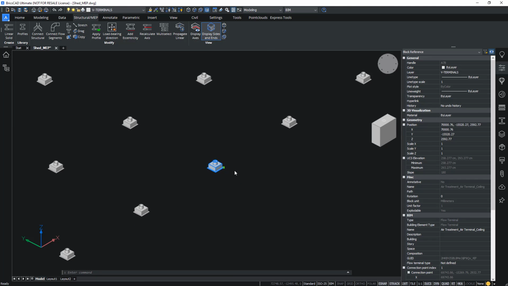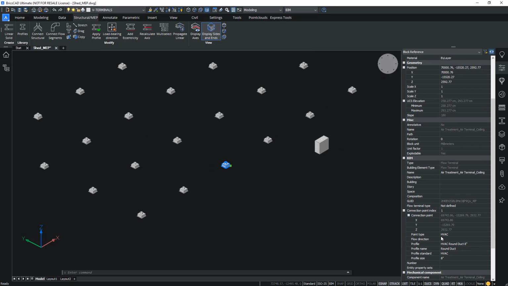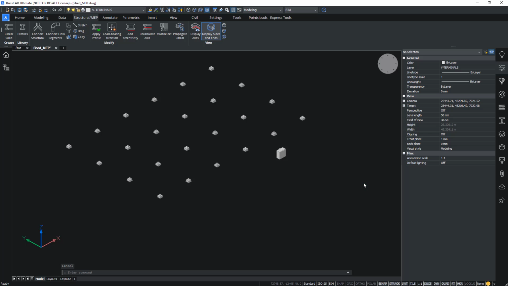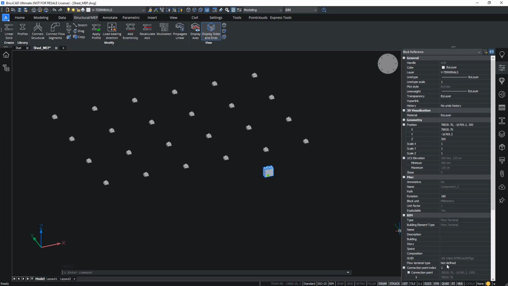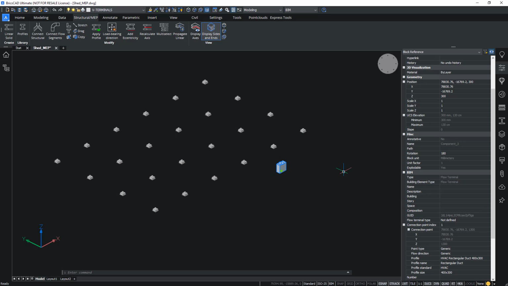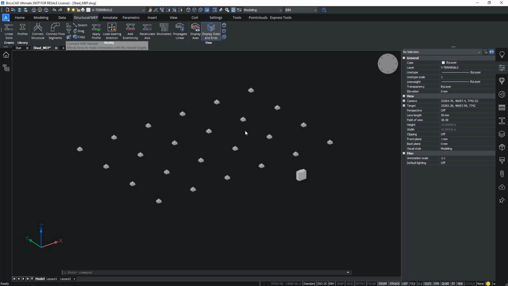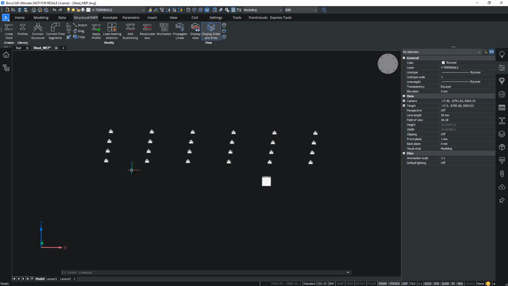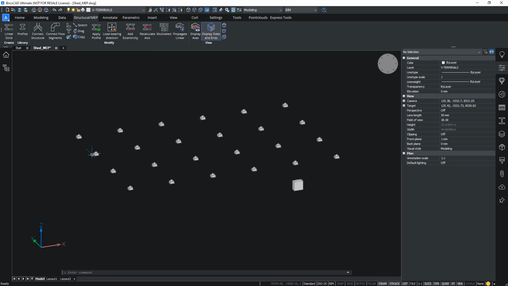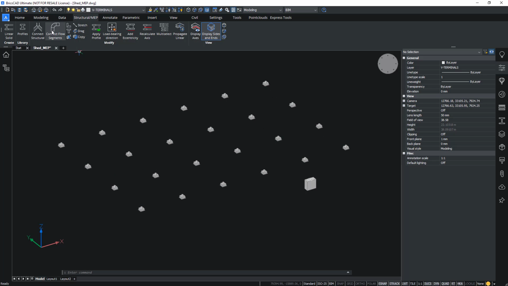So each of these air terminals here has a profile attached to it. And there's also this main unit here which has a different profile attached to it, a rectangular duct in this case. Now, when flow terminals like this have profile information attached to them, we can actually use connect flow segments to automatically create a layout of ducts or pipes in between. Especially in this case where everything is laid out in a grid, it's quite easy for the software to understand how it should be linked together using connect flow segments.